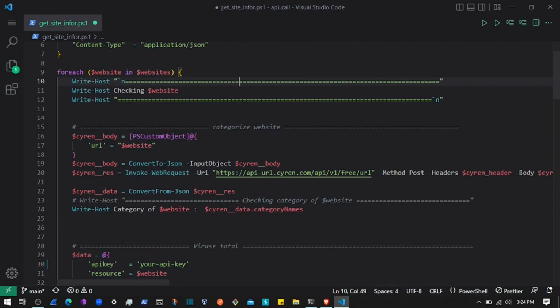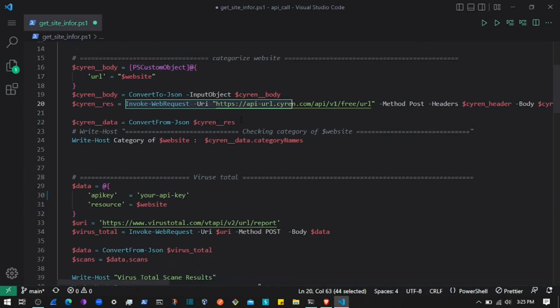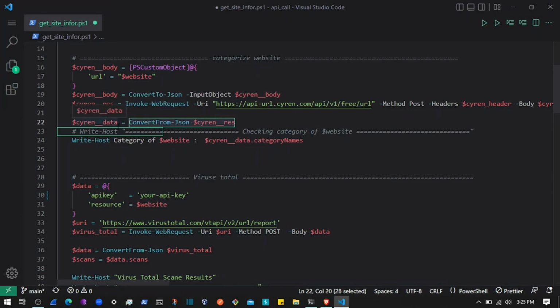Here we are sending a request to that API, converting the object into JSON because it requires JSON input, and then converting the JSON response into a PowerShell object, and displaying the required information,